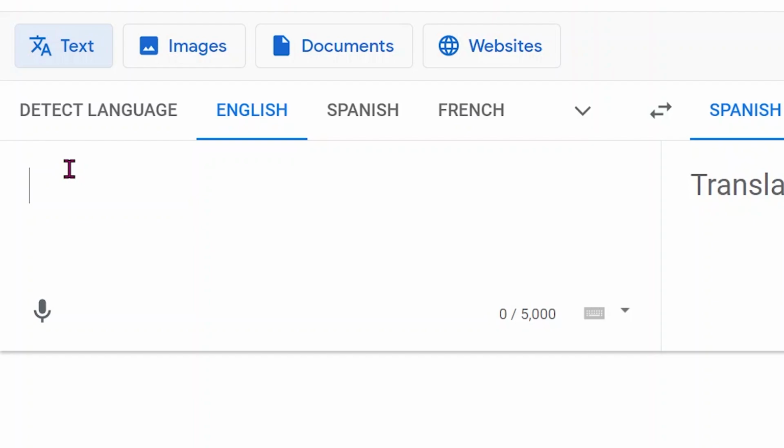There are many other tools out there, so don't feel limited to these two. I suggest you test them in your own language first and see which one works best for you. So let's have a look and see how they work. So let's have a look at Google Translate. Now the first thing you need to do is to make sure that the detect language is in English. It doesn't matter which language you choose over here, but this must be in English. So let's have a look at some words that some Spanish speakers often have difficulty with pronouncing in English.